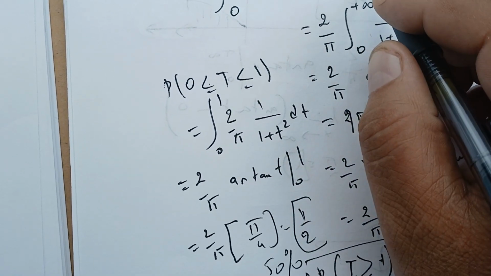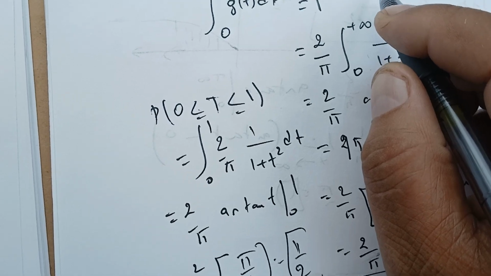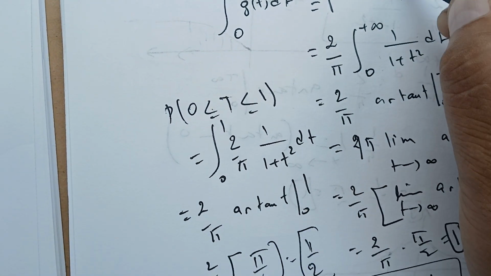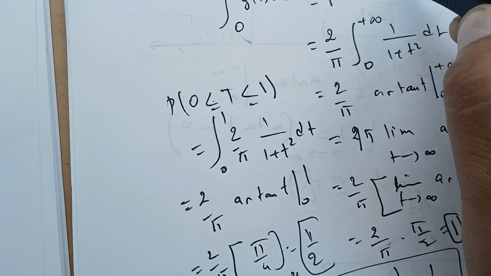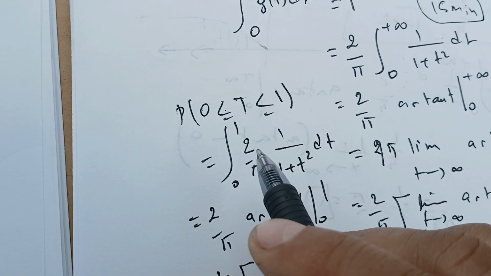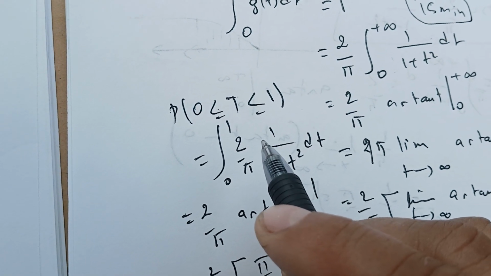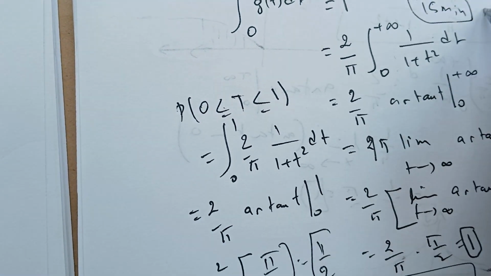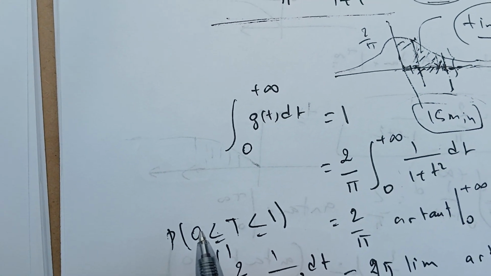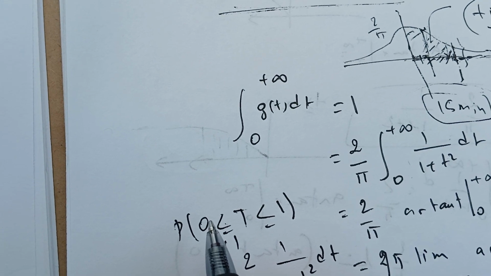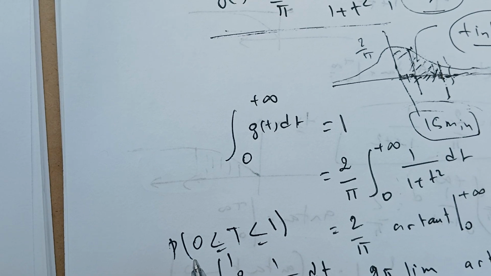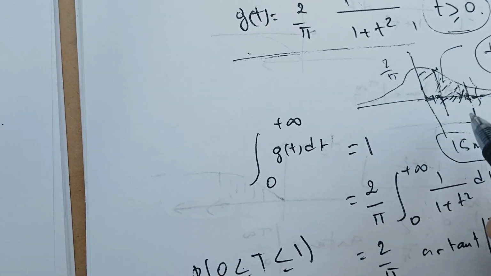That is too high. We need to get another model because on average, the waiting should be 15 minutes. The problem is when we try to compute the expected value of this one, it's going to be infinite. And that's what makes this one a bit different and not good for modeling these behaviors.